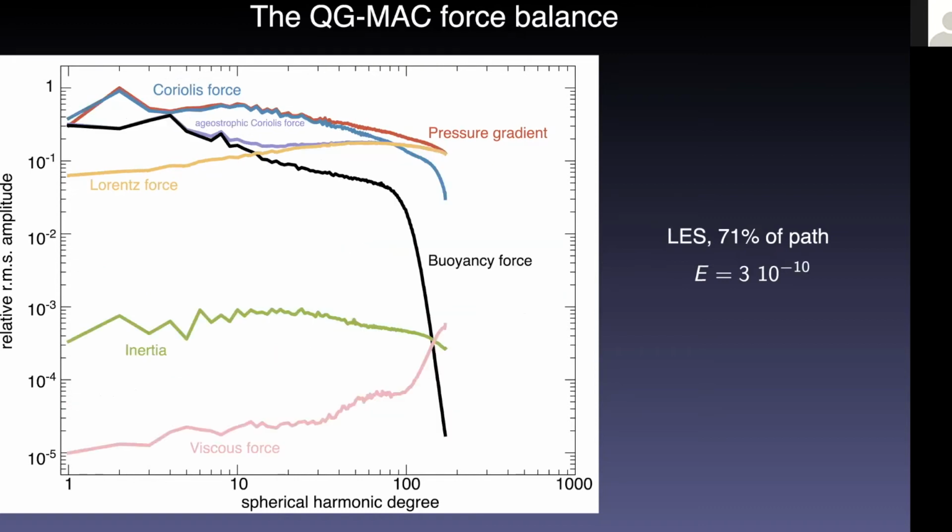And in large eddy simulations, this is the best we can do now, with inertia and the viscous force being pushed even further down on this graph, and the zeroth and first order force balances between Coriolis, pressure, Lorentz, and buoyancy being still the same. So if the force balance doesn't change much as we go to Earth-core conditions, if the spatial structure of the solution at large scale doesn't move much as we go to Earth-core conditions,